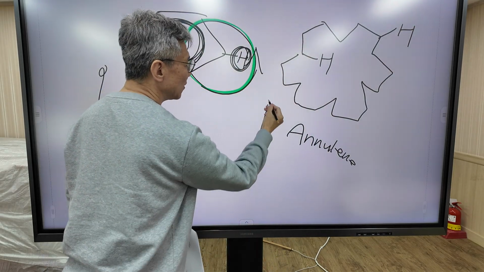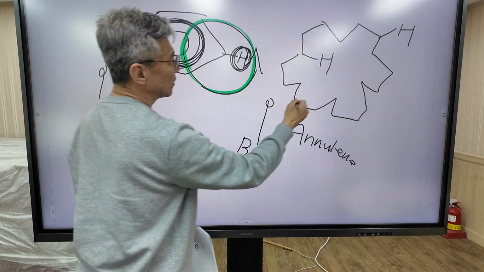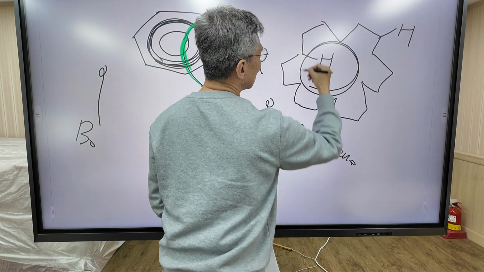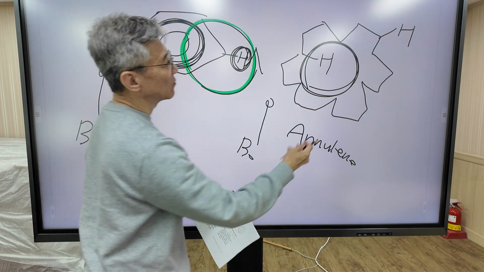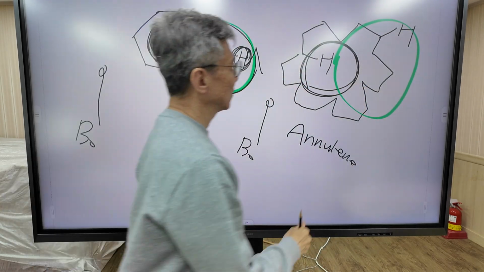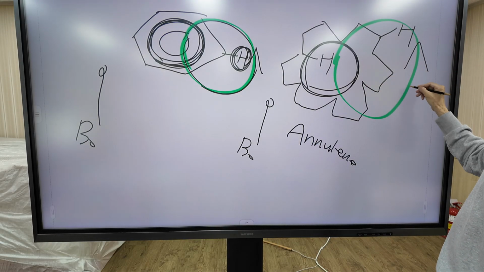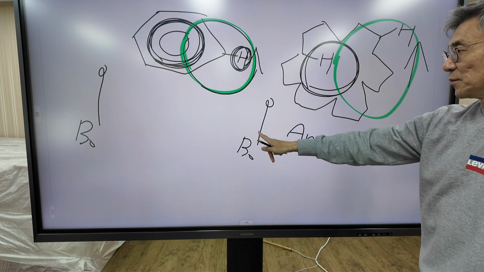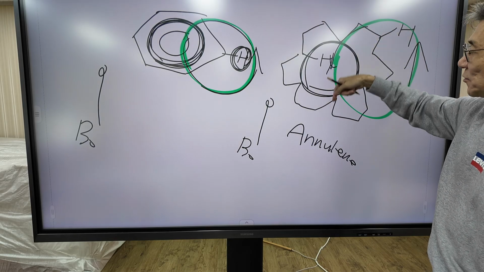So when we apply a magnetic field, same as benzene, a ring current flows on the aniline. Does the ring current generate a magnetic field? It looks like this. This magnetic field looks like this. Outside, the magnetic field is in the same direction as B0, but inside the magnetic field is in the opposite direction of